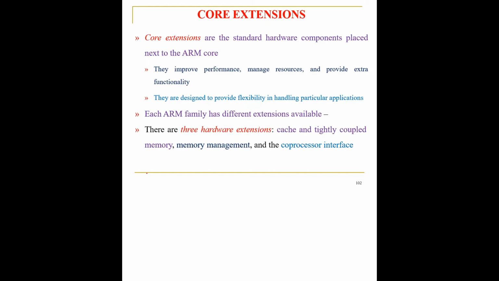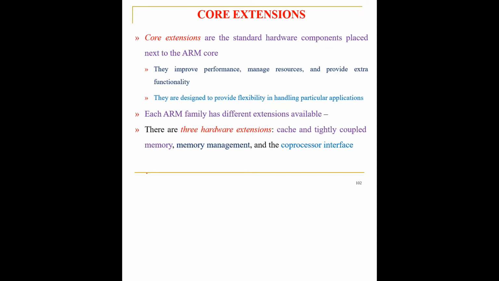In this video lecture, we'll be discussing the core extension, which is the very last part of module 1. In the previous modules, we have discussed a lot regarding the architecture of ARM. We have checked the various exceptions, interrupts and vector tables. We have studied the various pipelining characteristics and the way in which the pipeline is executed. We have seen the way in which the instructions are going to be executed. We have seen the various states and instruction set. We have checked the CPSR and the various fields of the CPSR. So almost all the topics with respect to the internal architecture of the ARM processor have already been covered.